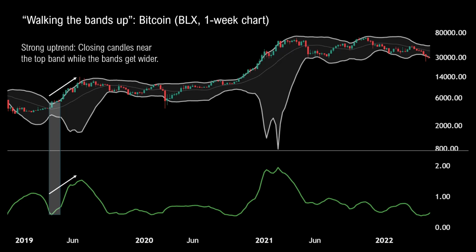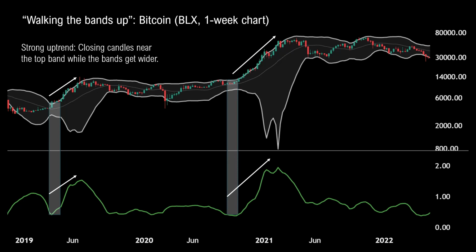While that was happening, the price was closing weekly candles near the top Bollinger Band while the bands were getting wider. And this is exactly the type of thing you want to see in a very strong uptrend. The same thing happened in late 2020, early 2021. You had your band squeeze, followed by a stellar bull run as the Bitcoin price trended near the top band